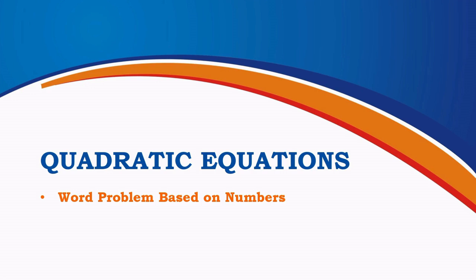The key idea is to carefully translate the statements given in words into mathematical expressions. Once the equation is formed, we can solve it using factorization, completing the square, or the quadratic formula. As we work through the next example, pay attention to how the information about the numbers is converted into an equation. This process is often more important than the actual solving part. So let us now read the question carefully and solve it step by step using the concepts of quadratic equations. By the end of this example, you will be more confident in handling number-based word problems in your examinations.